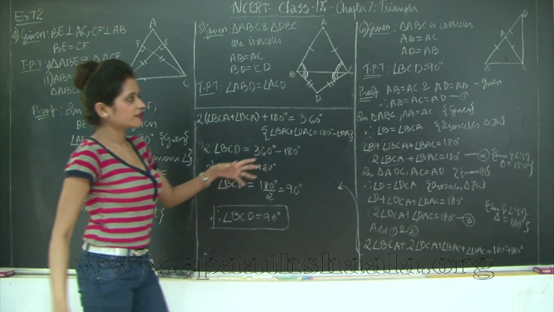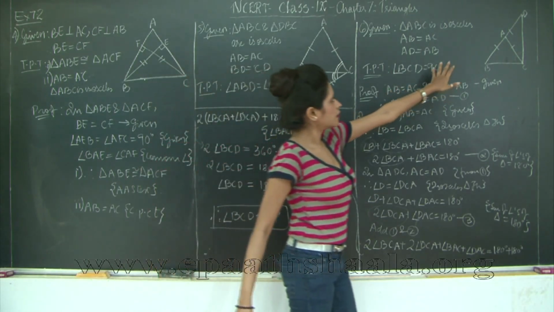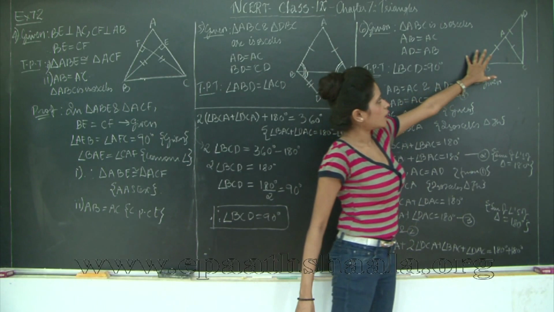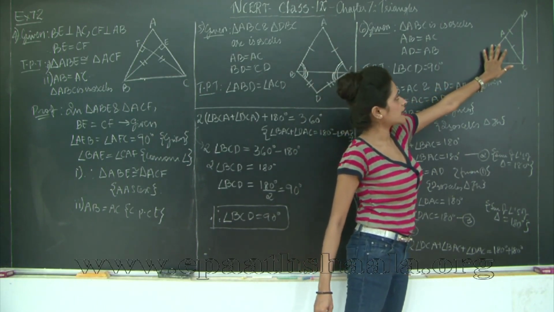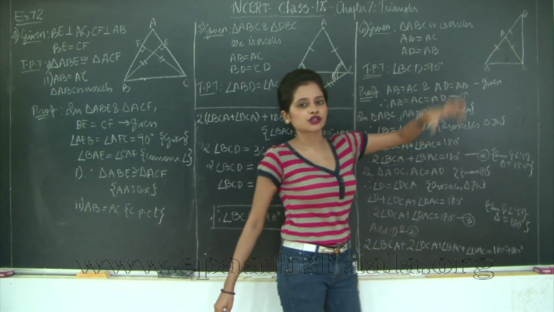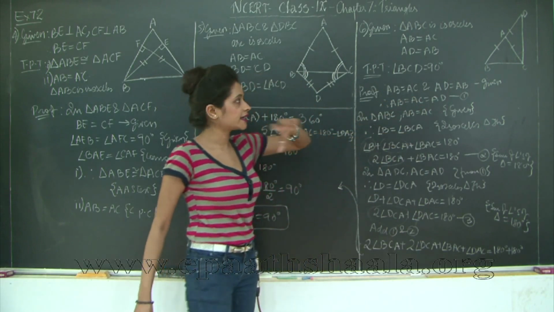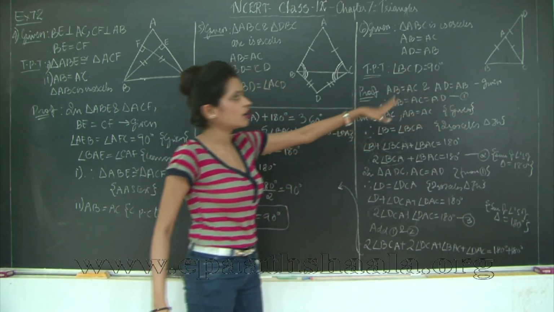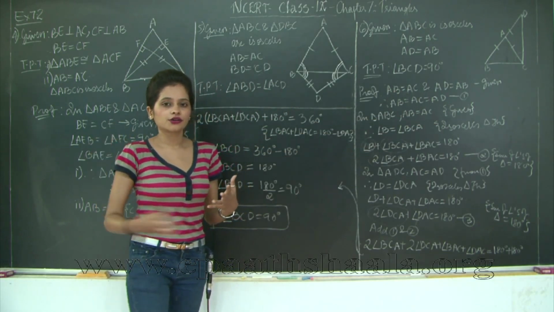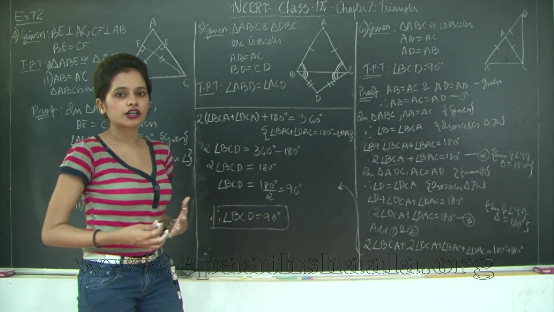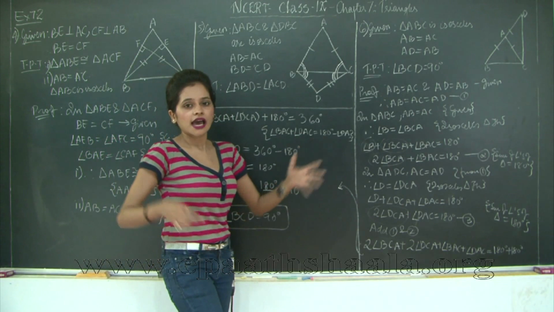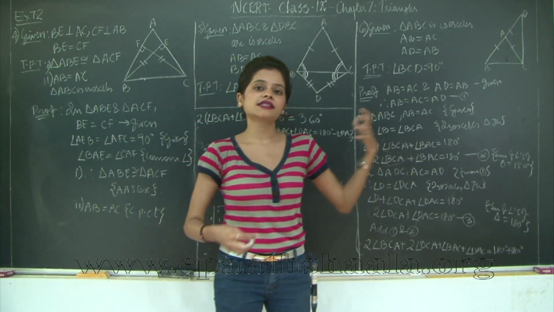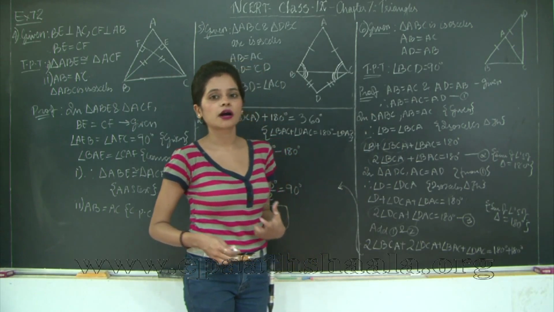Right? So whenever you get a question like this, where you've been given equal sides, and obviously you can see that whenever equal sides are there in a triangle, you're going to put into application the isosceles triangle theorem. And see, now we have BCD, and whenever no measurement is given, always try to remember all that you have learned before in the previous chapters, because as and when you proceed with the next chapters, all the concepts of the previous chapters are also going to come into use.